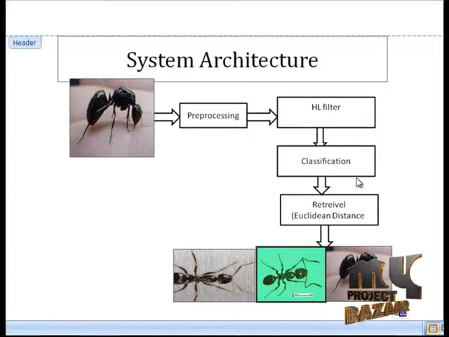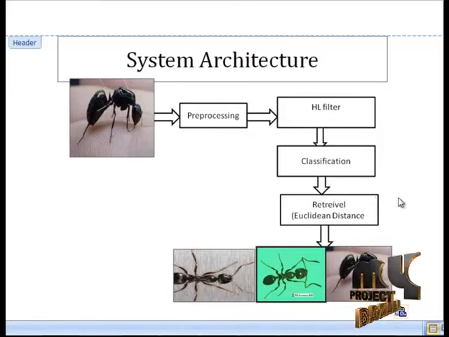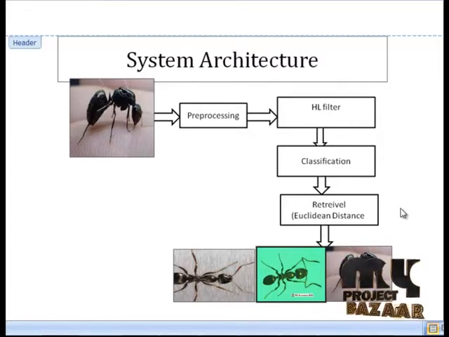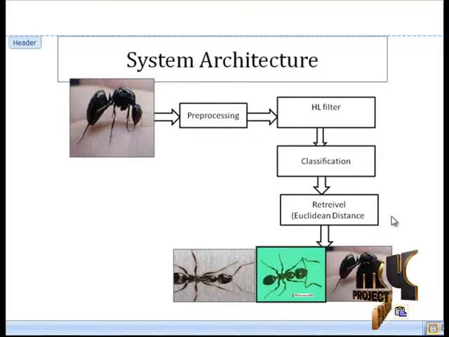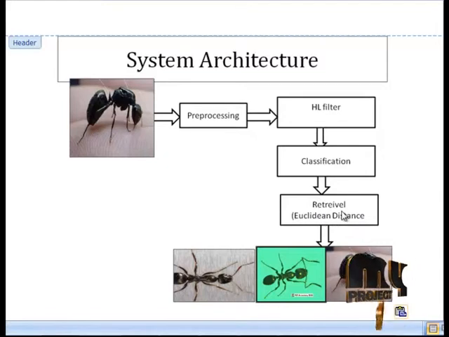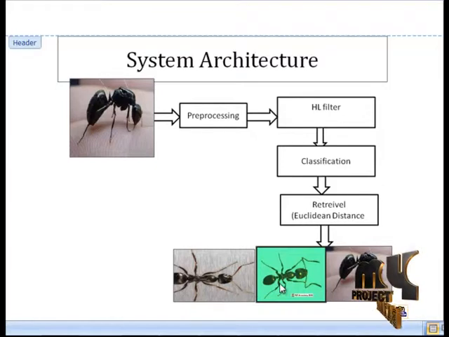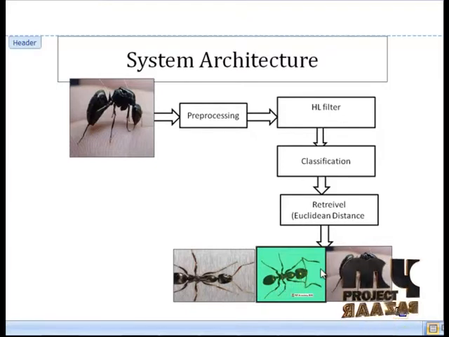The classes from the first clustering group are assigned to the left subtree, while the classes of the second clustering group are assigned to the right subtree. The process continues recursively until there is only one class per group, which defines a leaf in the decision tree. The classification output can be given to the retrieval. A Euclidean distance is calculated. The relevant images retrieved using the Euclidean distance will be displayed as output.